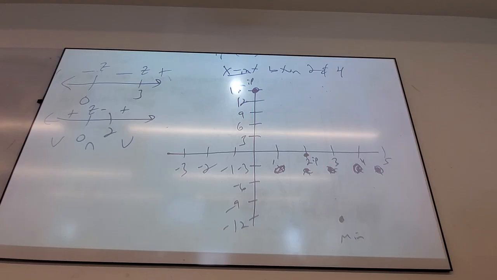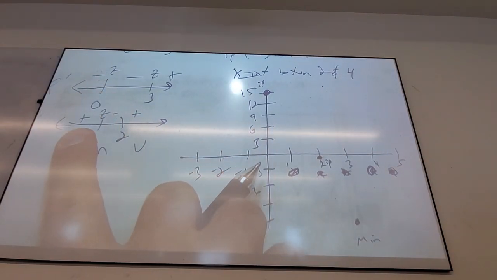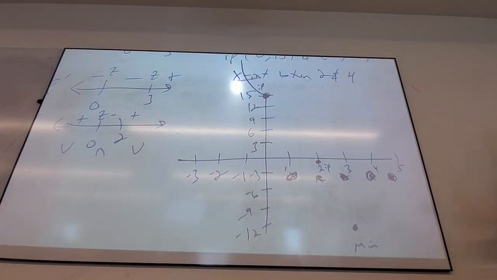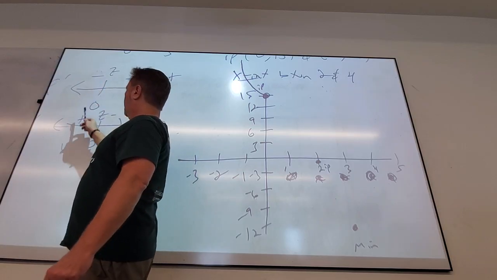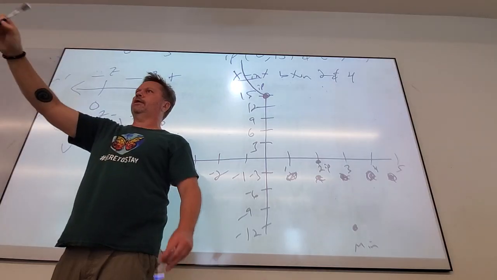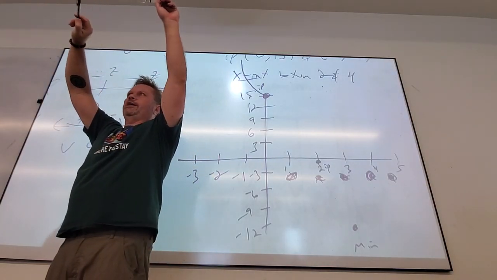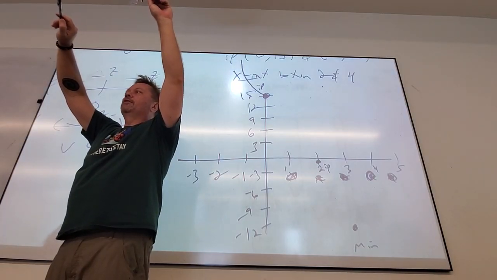So it's decreasing, concave up. I didn't give myself enough room back here, that's too bad for me, but decreasing concave up, and then there's an inflection point here. Okay, let me stop for a minute. You guys with me? So how do I get things started? I see that it's decreasing to start with, and it's concave up. So I know I'm coming at that inflection point like that side of the parabola, yes? Then I hit the inflection point, so what's going to happen now? I'm going to switch to being concave down.